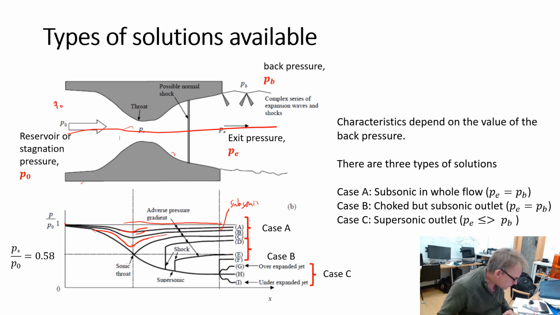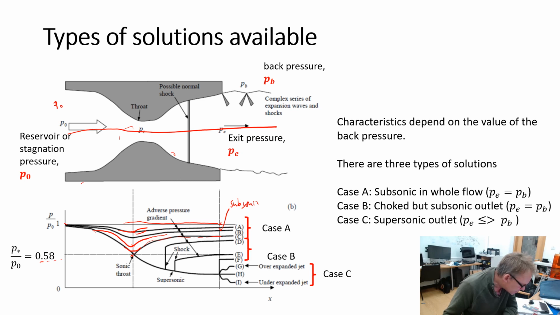Now, when the pressure drops below 0.58, at which the flow becomes sonic, yeah? But if we're just above that, we will still recover and the flow will be subsonic all the way through. Now if we reduce our back pressure further so that the throat pressure is at the sonic state,